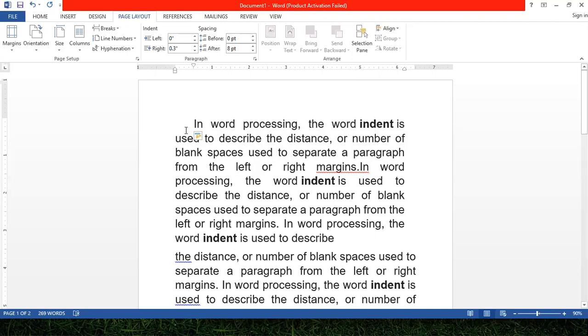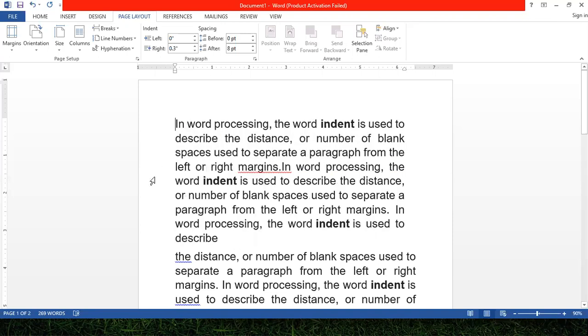Now suppose I have used the space bar for giving the space, then one time I am pressing it and you can see how small the space is. So for giving that much space which the tab key provided, we need to press the space button. How many times? Let's count that. 1, 2, 3, 4. So 4 times we had to press the space button to provide as much space as was provided by the tab key at once.